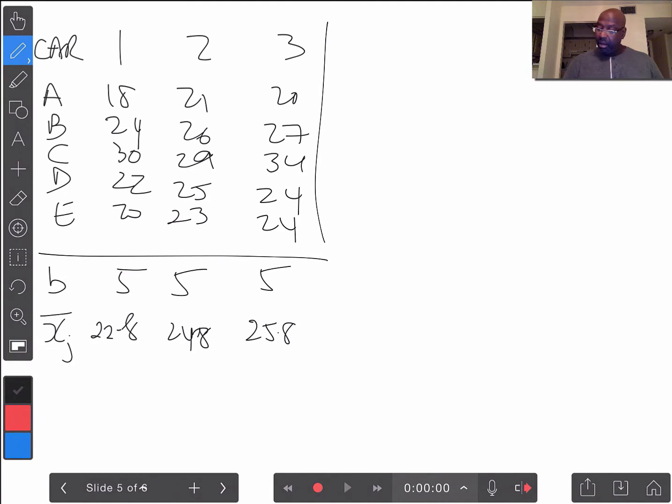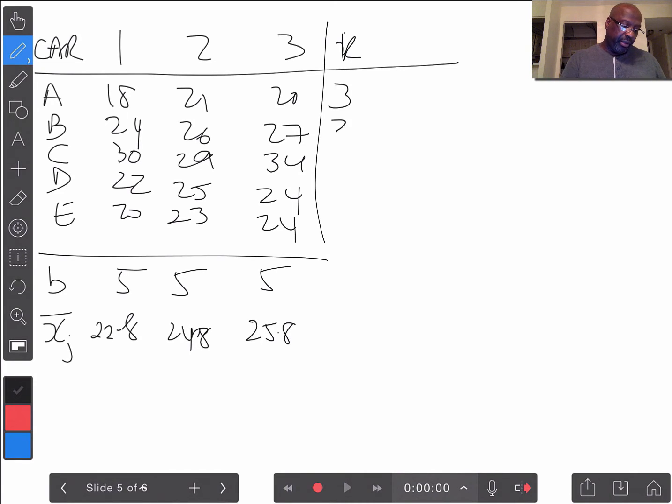Good. We want now for blocks, so we're going to expand this here. So we will have K, because K will be the size of each block, the number of treatments. So it's just 3, 3, 3, 3, 3. And then we have to calculate the sample means for each row. Just add them up, divide by 3, and we have the following values: 19.67,